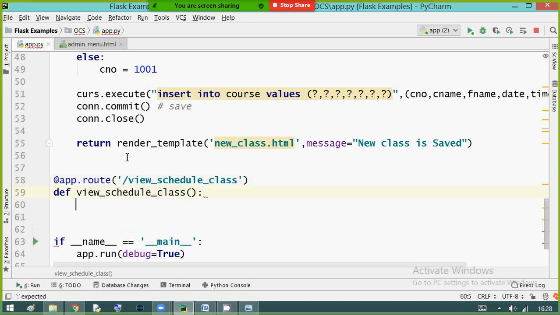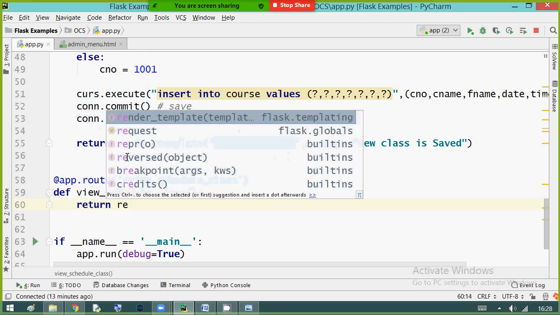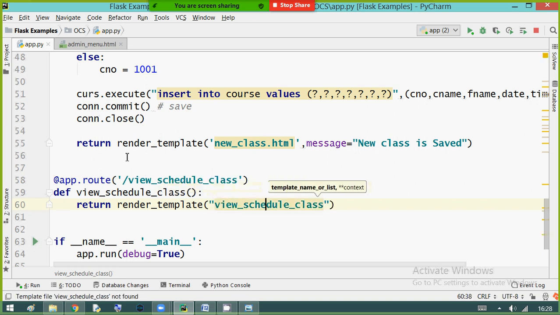Right. So this function will simply open a new page. So return render_template, a new HTML page, which I will name view schedule class.html. No problem. I'm going to this HTML page.